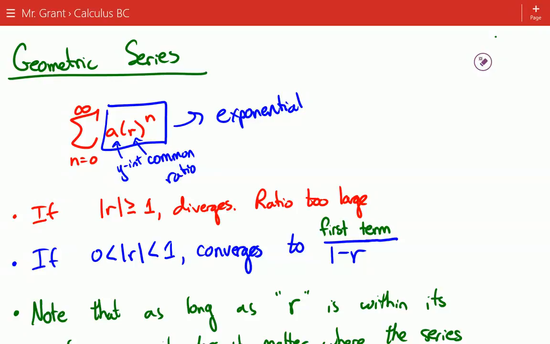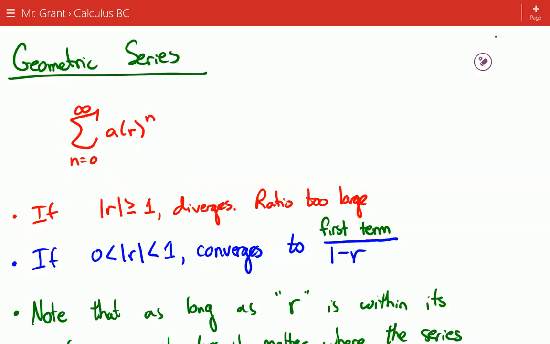Okay. The nice part is if you have a series that's exponential or a series that's geometric, it's very, very, very easy to see if it converges or diverges. In fact, if the absolute value of your common ratio, so it doesn't matter if it's negative or positive, when you take the absolute value, if it's greater than or equal to 1, then your geometric series is going to diverge. Essentially what's happening is you're dealing with a common ratio that's too large, meaning our sequence, our sums are going to get too large too quickly. So if you had a common ratio of 4, then you'd be multiplying by 4 every time. And if you multiply by 4, that's going to increase the value of your sequence larger and larger and larger,